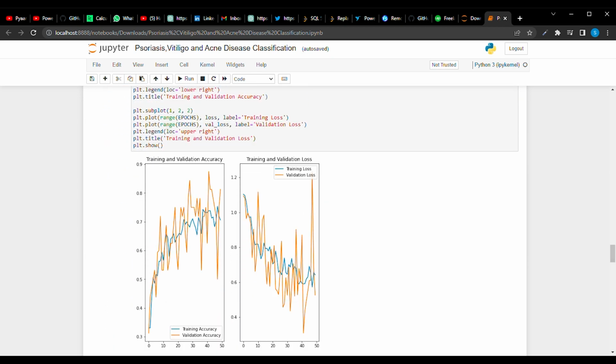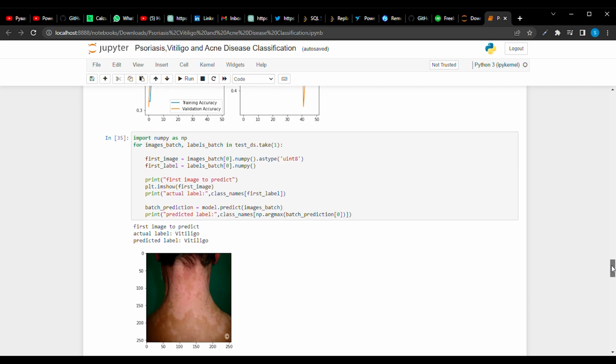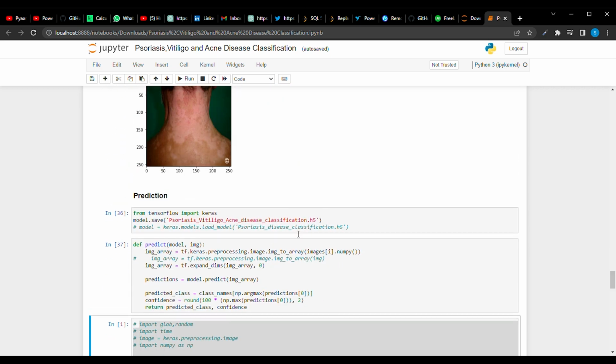Here are some graphs which show that as the number of epochs increases, the accuracy graph also increases, and similarly the loss graph decreases as the number of epochs increases. So here I have saved it into the H5 file,